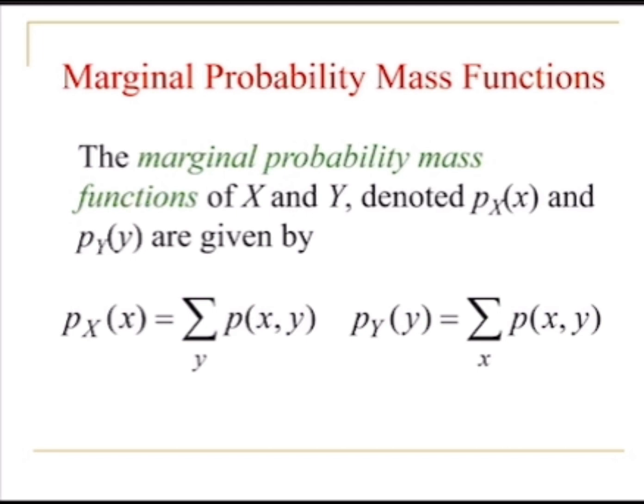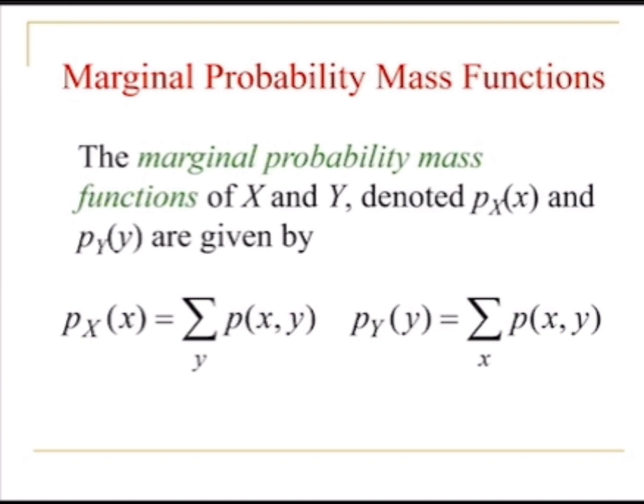So what I want to explain now is that I have a joint PMF and I want to figure out the separate probability mass function for each of the variables. If I'm interested in X, if I'm interested in a function of X, all I'm going to do is sum the joint over the variable I'm not interested in. P of X, I'm interested in the function of X, but I'm going to sum up the joint XY